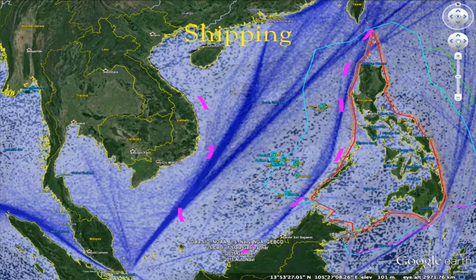All sorts of ships, from tankers to bulk carriers to pleasure craft, use these routes. When the United States talks about freedom of navigation, it is principally concerned with the ability of its Navy to make use of these routes as well. The problem is that China does not recognize that right in favor of the United States or any military for that matter, and refuses,